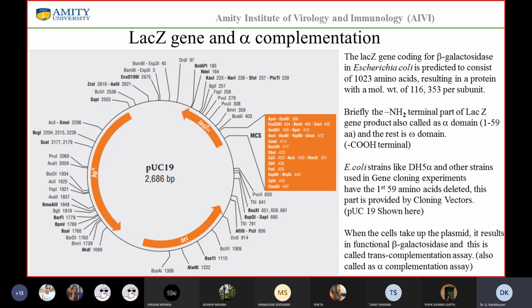How many codons are needed for coding one amino acid? So you'll need three. Three, right? So one amino acid corresponds to three codons, or three nucleotides. That means if it is 1000 amino acids, the gene will be 3 times that size, so it will be 3000 nucleotides long. Given that this is about 1023 amino acids,